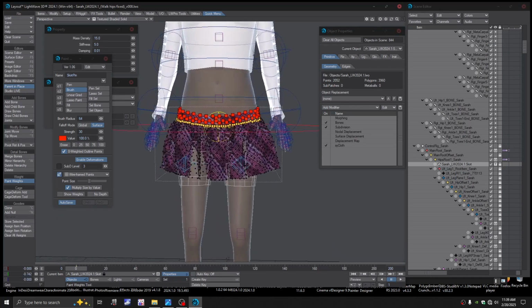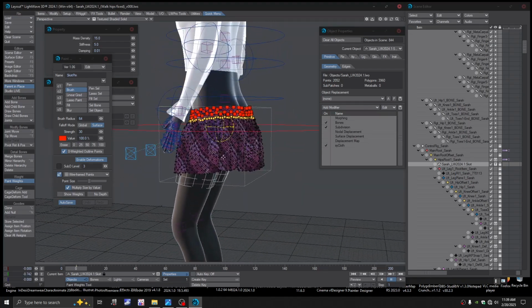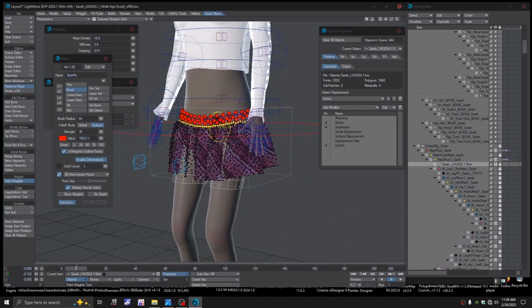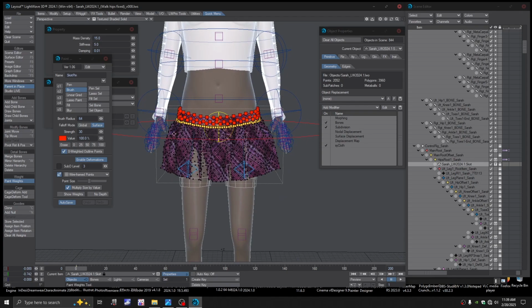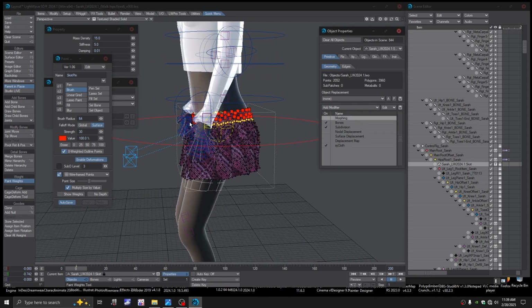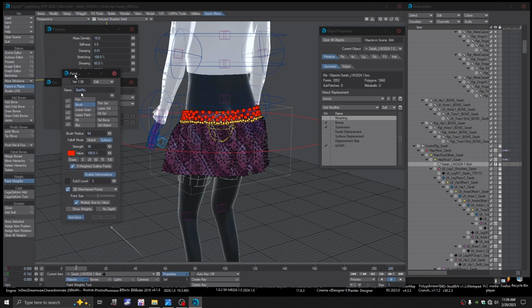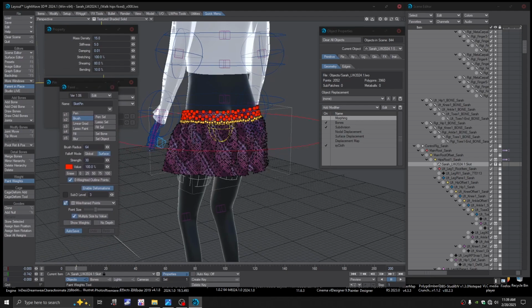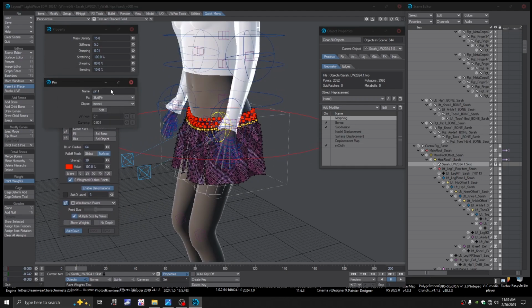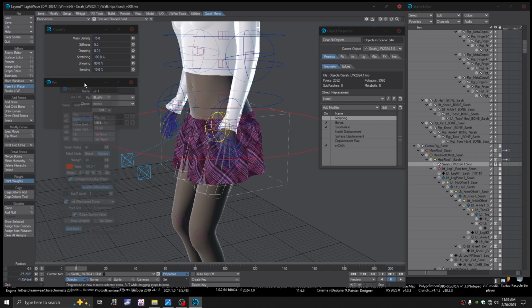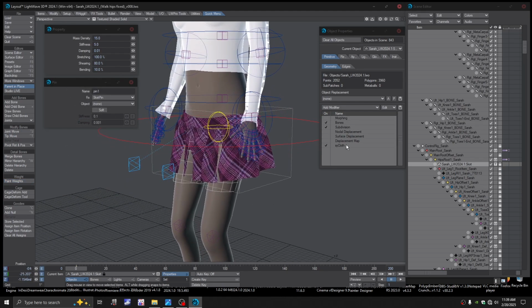And this is my weights on the skirt. None of these other polys or points have weights, just around the top. But I set this up. Actually, I think I did use paint weights to do this also. Anyways, turn that back off, and go back in here,